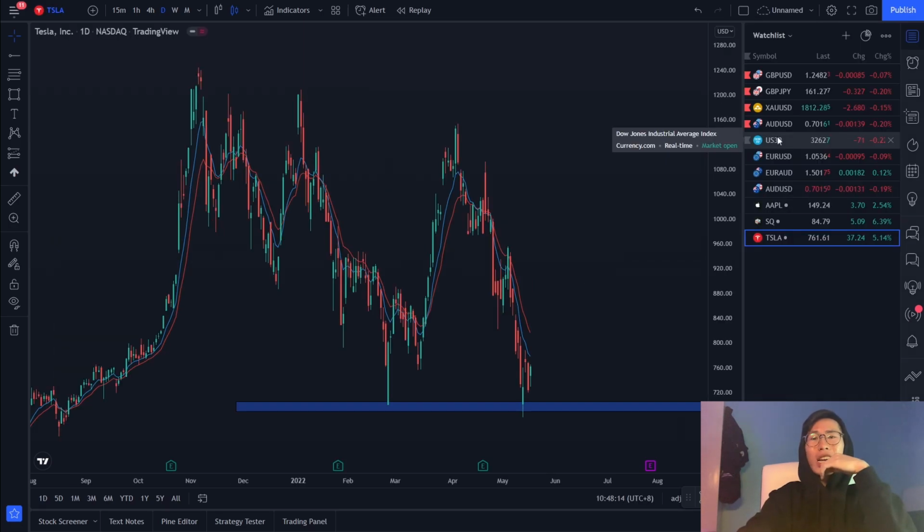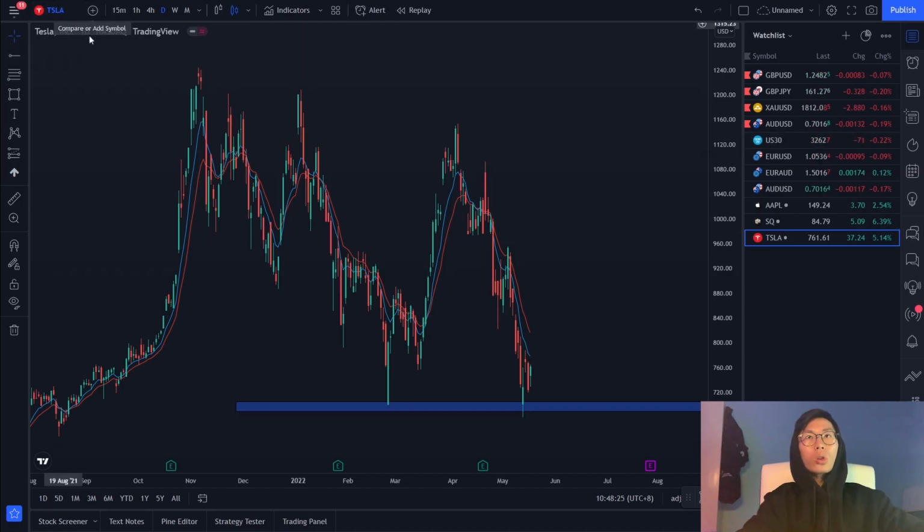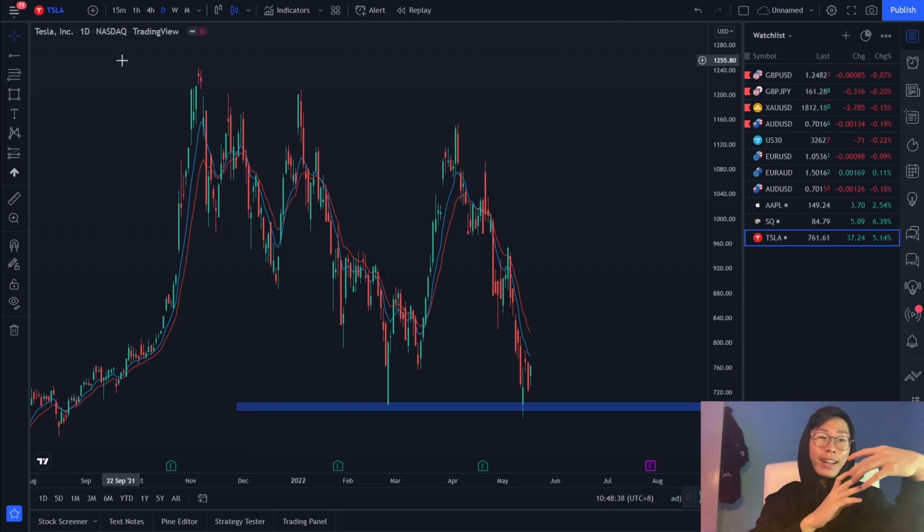So this stock market crash has really presented us a lot of opportunity. I have just bought $10,000 worth of Tesla stock, I'd say a few days ago. Yeah, I bought 10k worth of Tesla stock, which is really not much, but right now cash is still king. So I would advise you to hold a bit of cash right now, because the market can go even lower, and then that is when